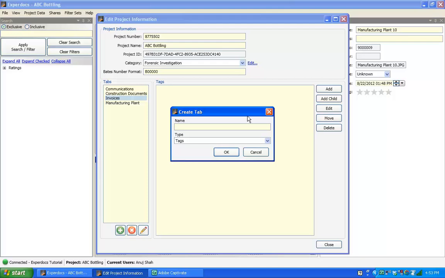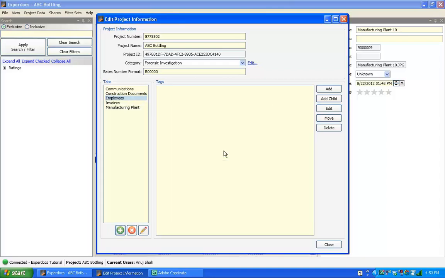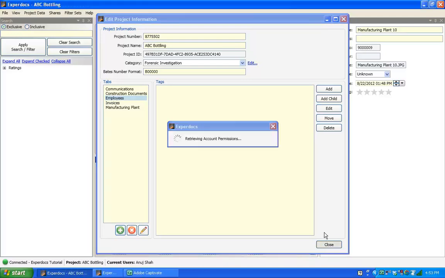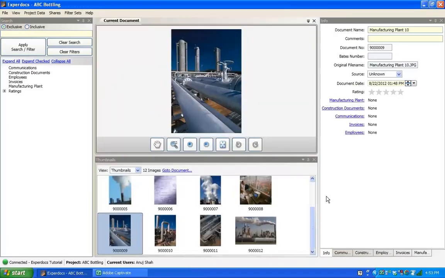We had some pictures, some employees. We don't know how many or which kind, so we'll just create a tab of employees and then create tags when we review those files. That should be enough to get started. We'll click on Close. Now we've added those tabs to our database, and we don't have to add them again